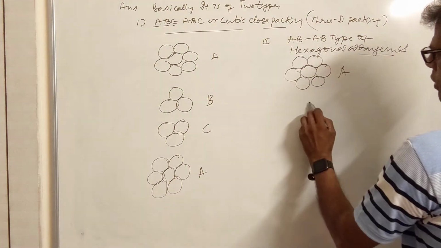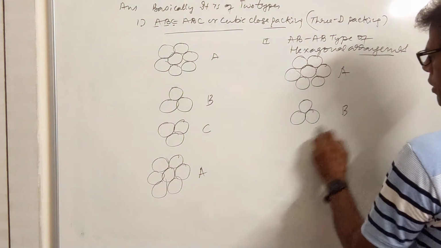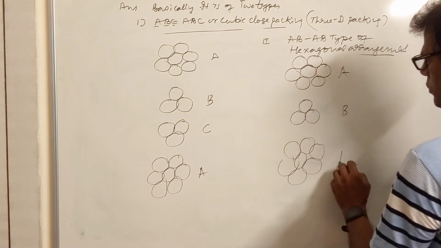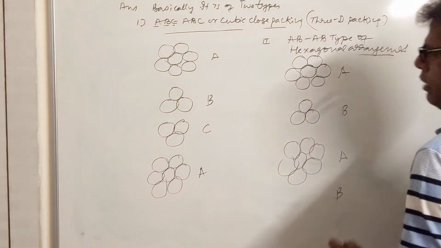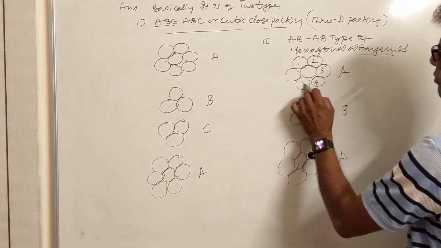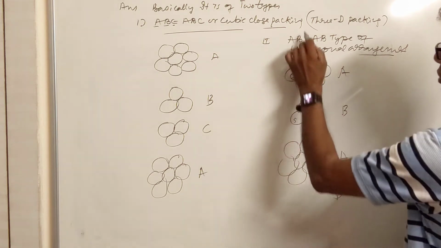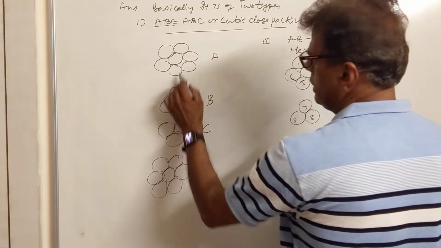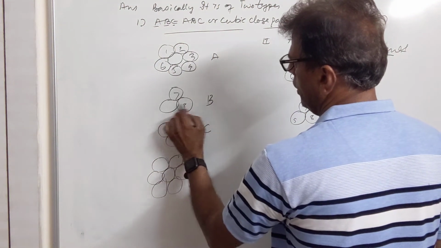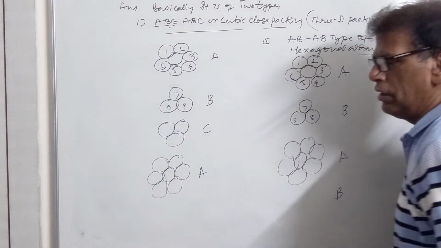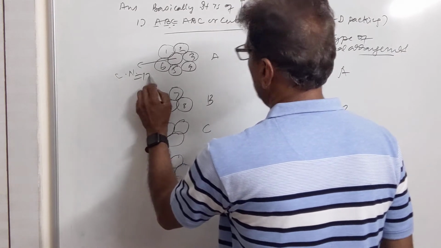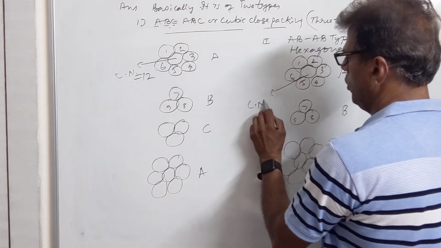This is A layer, then we have B layer, again we come to the same. तो ये मिलेगी आपको AB टाइप की पैकिंग है. कोऑर्डिनेशन नंबर हर एक लेयर में 12 ही होगा. 6, 9, यहाँ पे 3 और आ जाएंगे, 12 नंबर होगा. इसी तरह यहाँ देखिए 6 covered on this side, 7, 8, 9 and 3 on the upper side this layer के. So coordination number of each ion will be 12. यहाँ भी coordination number 12 है.